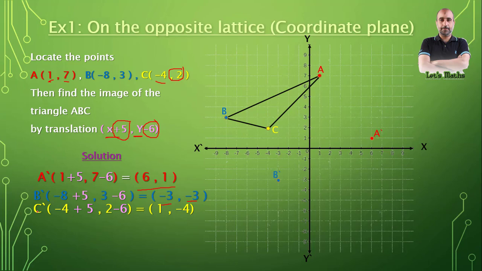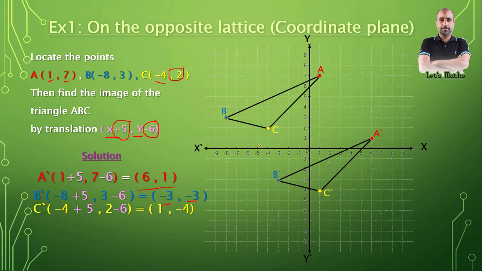B dash. C dash will be at 1 and negative 4. 1 on the x-axis, and negative 4 intersecting with the y-axis, is here. That is where C dash is. Let's join between them. It will be the image, the triangle A dash, B dash, C dash is the image